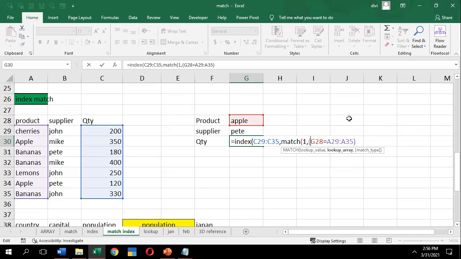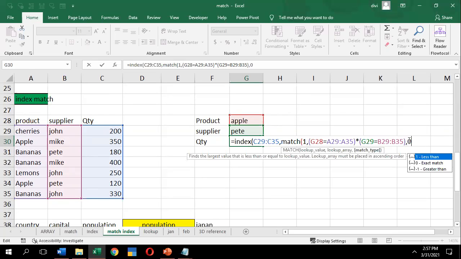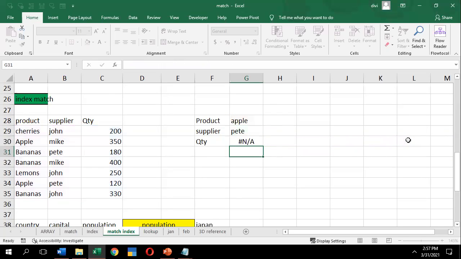I need to multiply it into what I want to be done. I want it to be multiplied with the cherry, that I'll just select G2 to G2 is equal to my cherry. There is a supplier name. Close the parenthesis. This condition has to be given within a parenthesis. Okay. What do you want? I want the exact value or do you want another value. Close the parenthesis. However many you have opened, that many I need to close.